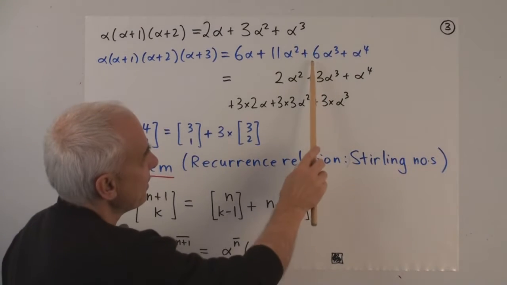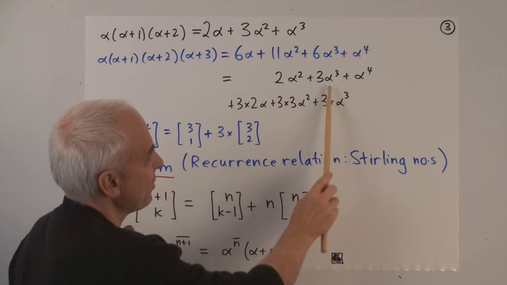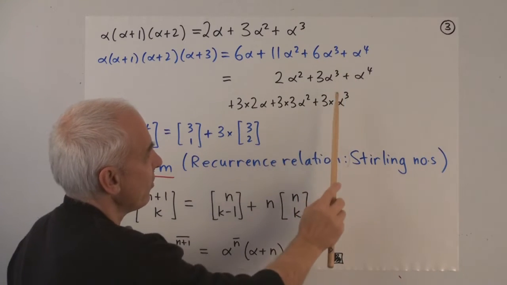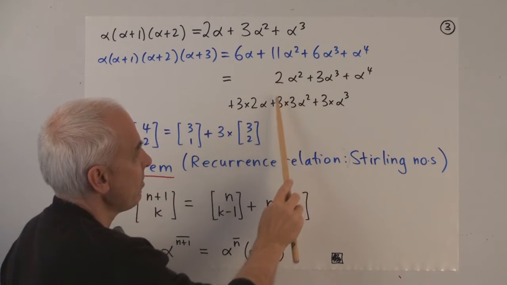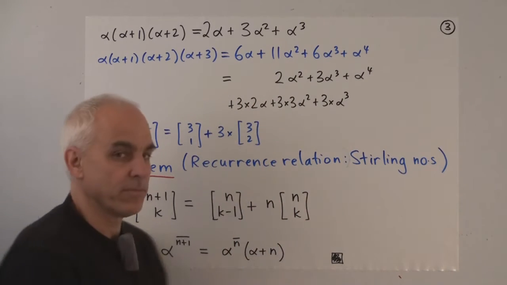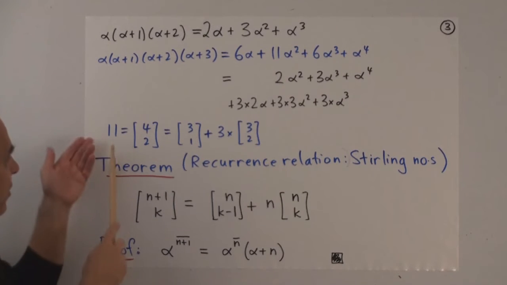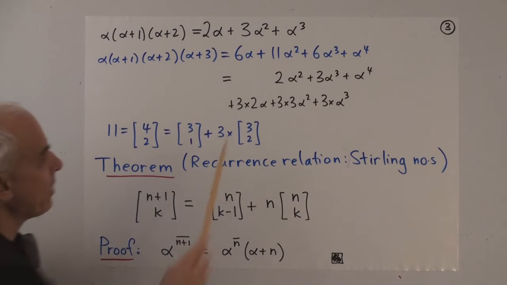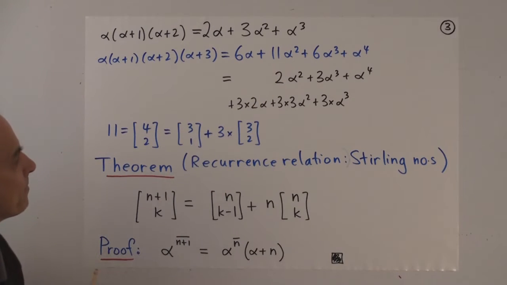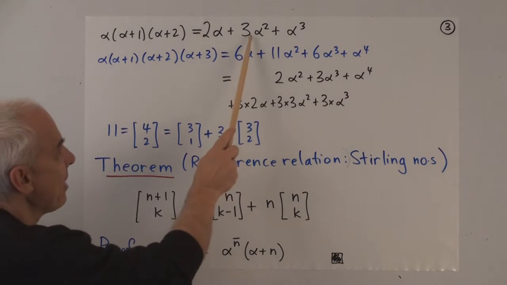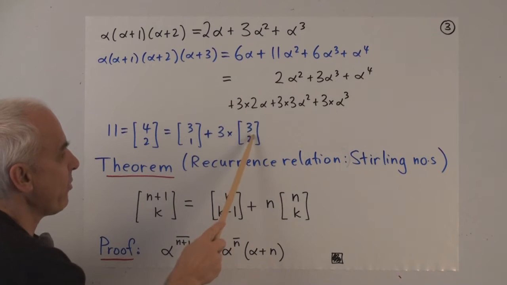And then what we see is that this 6 is really the sum of the 2 things below it, the 3 plus the 3. The 1 is equal to 1. This 11 is the sum of 2 plus 3 times 3. The 6 is equal to 3 times 2. So another way of saying it is the 11, which is 4 bracket 2, that one there, is obtained by looking at 3 bracket 1, which is the term 2, plus 3 times this 3, which is 3 bracket 2.